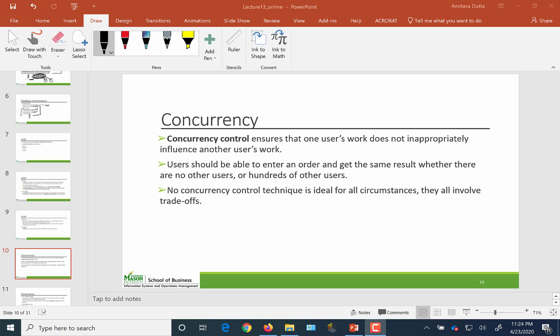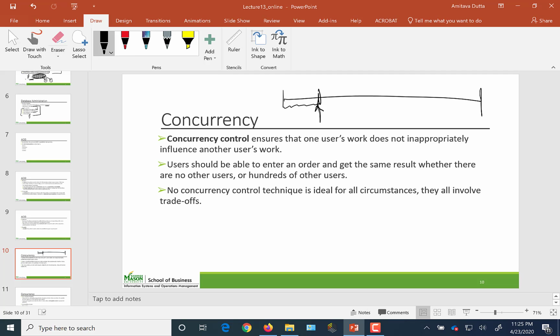Okay, let's continue with our second major topic. We've discussed database administration, and now the second major topic among these more advanced topics is concurrency. Just to remind ourselves what that is, I think I drew this little diagram of the database life cycle, and you had the design and implementation in the early phases of the life cycle,